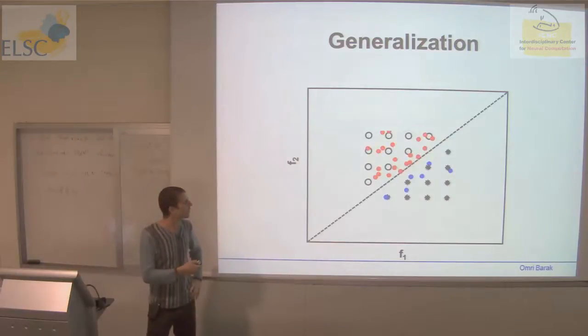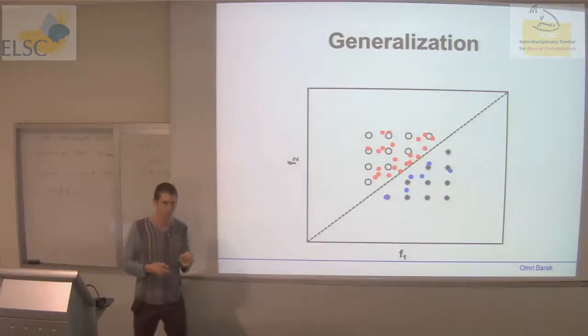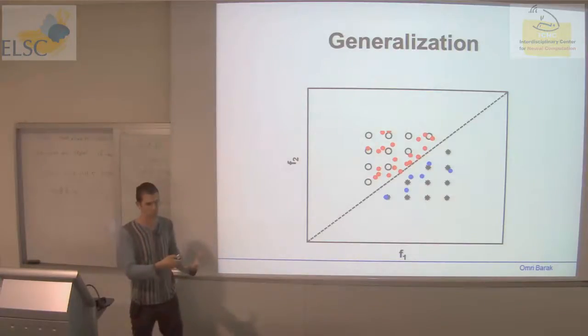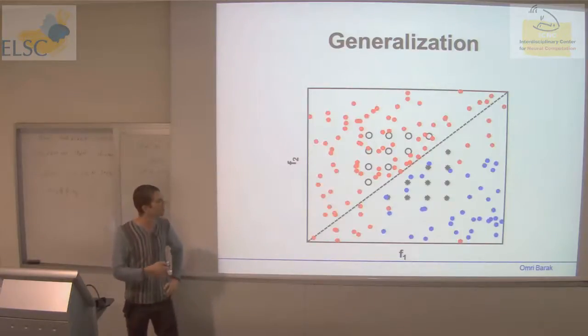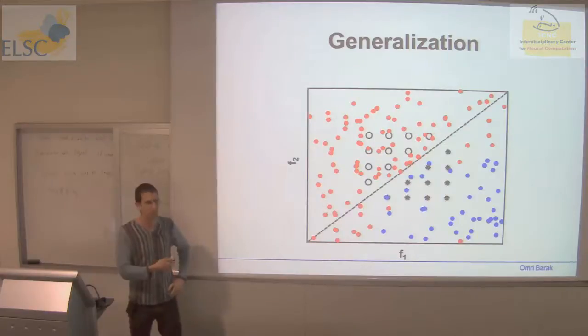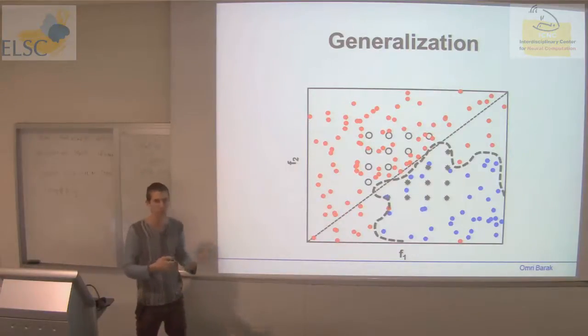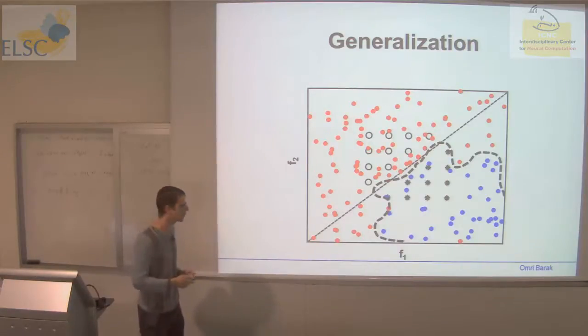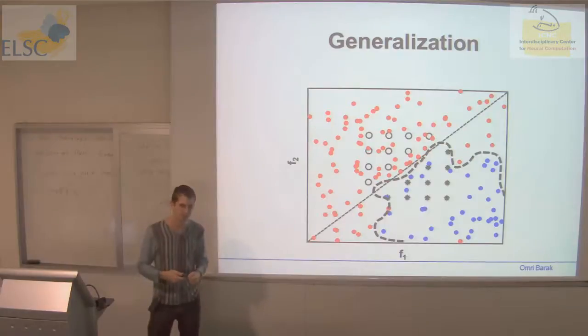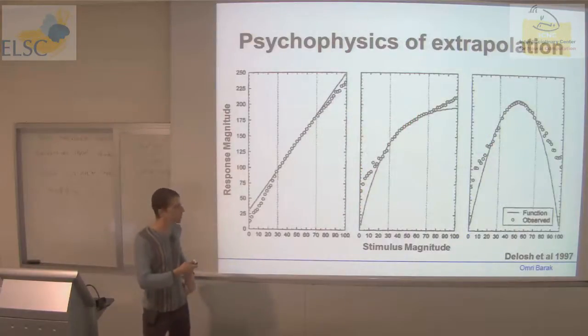And when the generalization was in the form of interpolation, so it was within the trained range, but not the trained values, the network performed perfectly. When I tested it on extrapolation, then the network gradually began to fail. And instead of having this border, it had some other border between the two classes. And this was a bit alarming until I went to the psychophysics literature and saw that actually humans are not